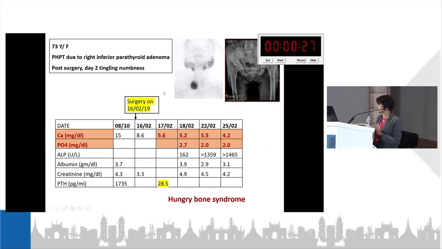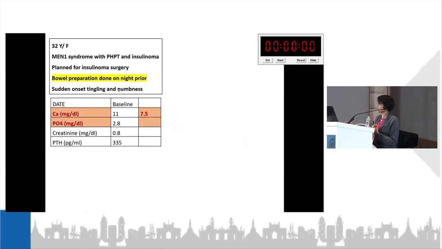So hypocalcemia, moving away from parathyroid hormone, can also come from bone sequestration, and we all have encountered this particular kind of pathology, where after removal of, in this particular case, a very large parathyroid adenoma, within 24 hours the patient starts presenting with acute onset symptom complex of hypocalcemia. And we all have gone through this picture of hungry bone disease, where we have now learned to anticipate and even put together a therapeutic regime to prevent it and not let the patient go through this kind of symptom complex, which is truly very, very disturbing to the patient.